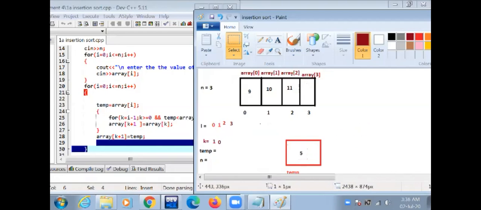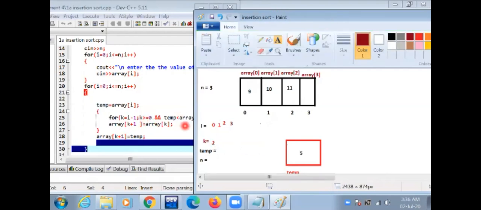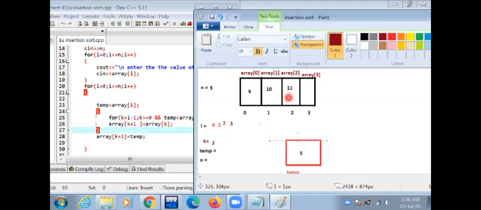in temp, and the value of k is 3 minus 1 equals 2, and k greater than or equal to 0, the condition is true. Temp less than array[k], the value of k is 2, the condition is true.